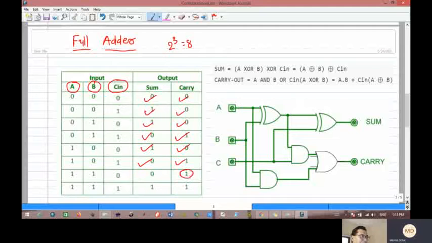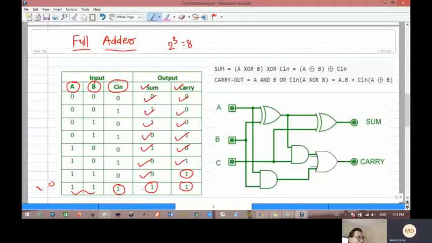So here carry is 1, but 0 plus 0, again answer is 0. Now 1 plus 1 means sum 0 and carry is 1. Now 0 plus 1, 0 plus this 1. So answer is 1 and carry is 1. So using this, we get the sum and carry.